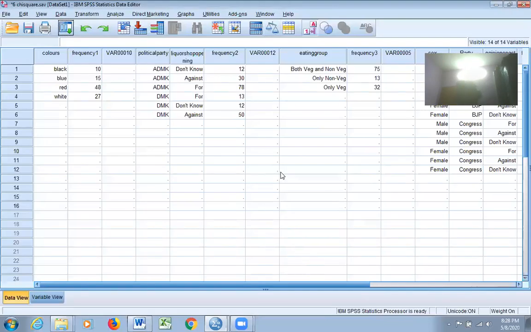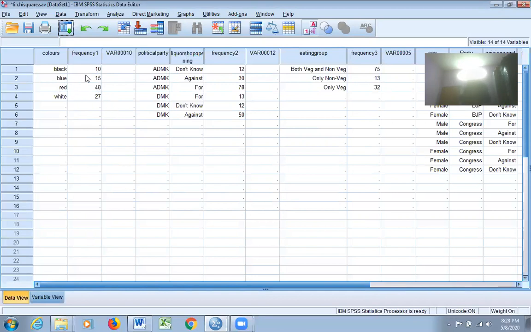Now let us do a test. So what is the test I want to conduct? I want to conduct a test to check whether there is any association. In fact, it's not a test of association. It's a test of goodness of fit. See, 4 colors are there. If no preference is there, what does it mean? It means that all the 4 colors are equally chosen by the participants. Isn't it? If there is no difference among the participants, if all the colors are equally preferred, then what kind of answer should we get? 25 respondents selecting black color, 25 blue color, 25 red color, 25 white color.